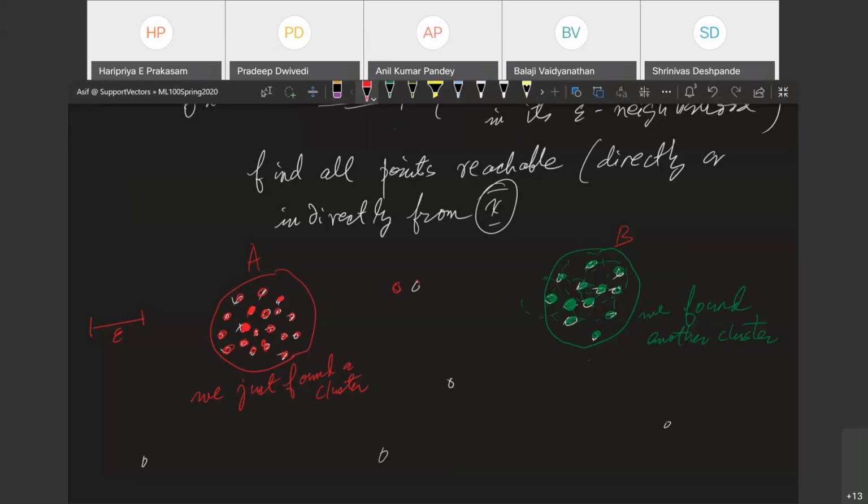No, it is not considered a cluster, but I'll tell you why. Let me first color it properly. I'm getting my colors wrong. Okay, so you're seeing these 2 points, right? Let me just give them names, pi and sigma. Pi and sigma are not a cluster because this is not an interior point. What is the definition of an interior point? Suppose your n is equal to 5. Does it have 5 neighbors? It doesn't have 5 neighbors. Oh, okay, got it. And so this will still be considered an outlier point.